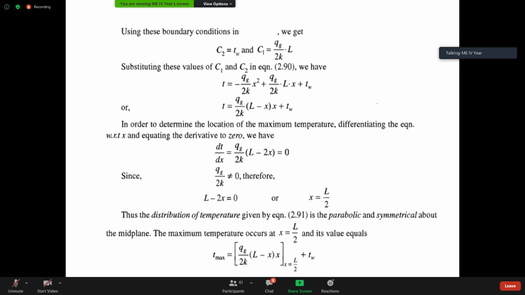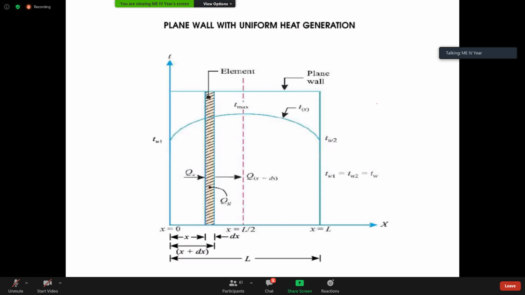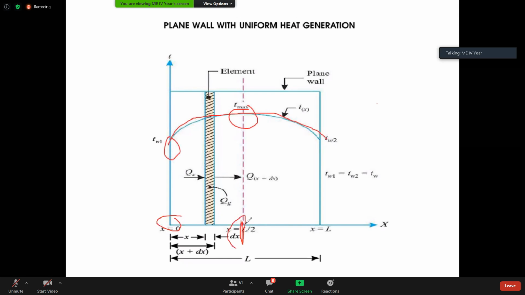That is very easy. Based on this temperature profile, see where the temperature is maximum. Here the temperature is maximum, here the temperature is minimum. The temperature will keep on increasing and then start decreasing, right? At x is equal to 0, at the center line, that is called the center line temperature. That is the maximum temperature if you consider the heat generation, right?